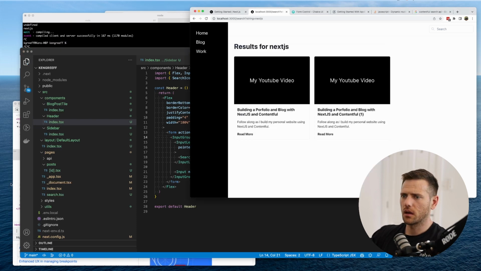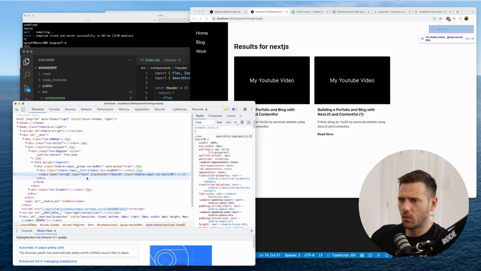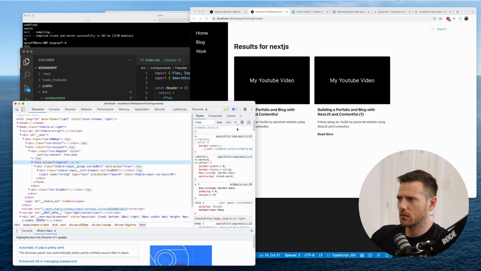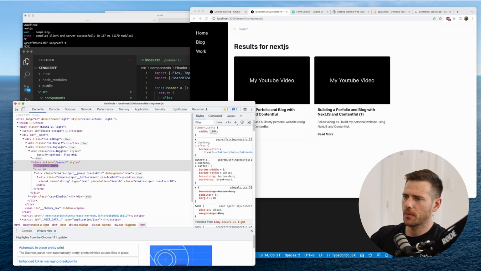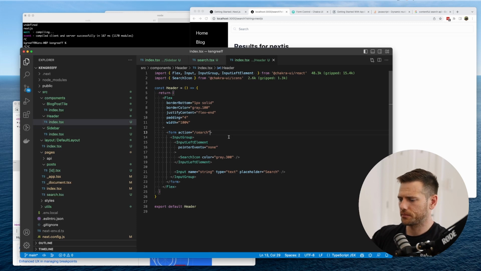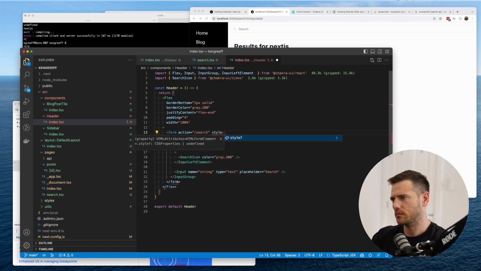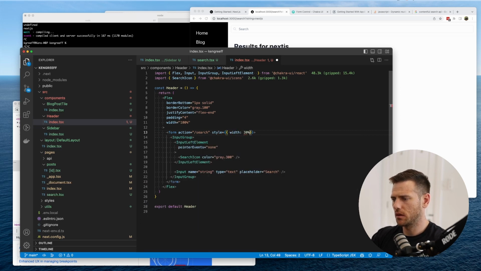Just need to see what's dictating our form's width here. Who is it? Is it you? Yep. So that's got a default width. So what do we want? We want 30%